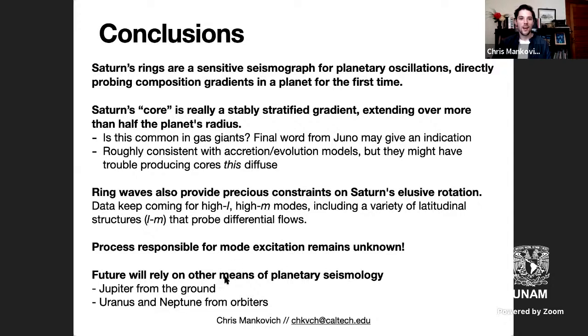And so to learn more about the interiors of giant planets, I'm excited about studies of Jupiter from the ground. I think a detection might be kind of imminent from data like that. And also Uranus and Neptune will be really fascinating to study using seismology if that's possible, whether that's using Uranus's rings or orbiters with instrumentation that's dedicated to finding their oscillation modes. I think that could be a game changer for these ice giant planets. So without delaying further, I'll finish and say thank you so much for your attention.